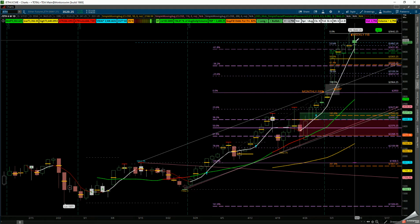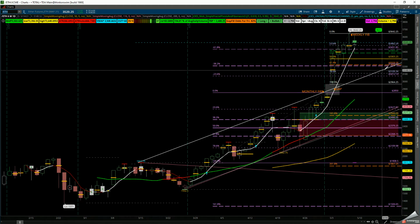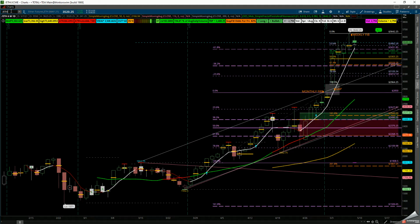So in order to continue, it has to break up. If it doesn't, you look for the backside of the 61 and this channel where it broke out at first before you try to attempt going back into the long. So try to trade momentum, not what you think. Let's take a look at now